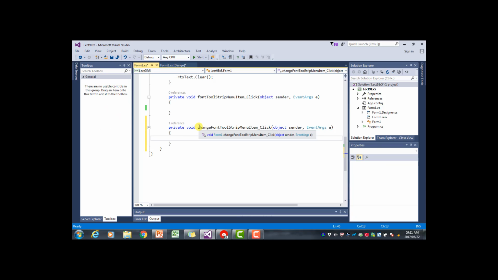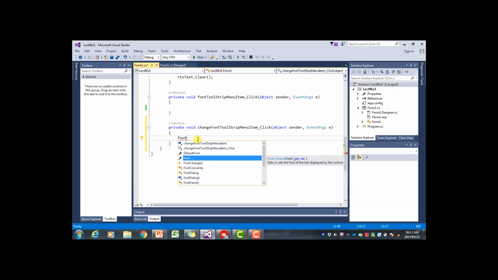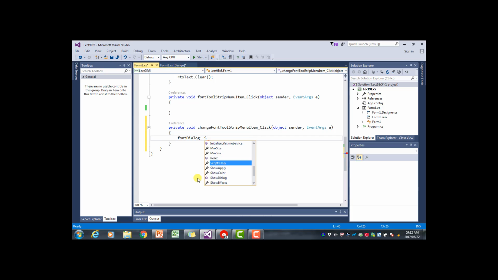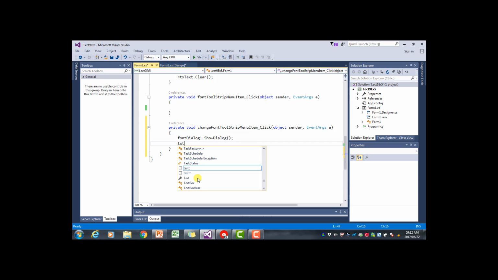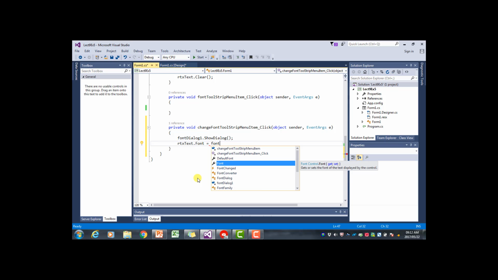So now here we can say fontDialog1.ShowDialog, and then I can say text, no, it's a richTextBox.Font is equal to fontDialog1.Font. So I've opened the font dialog, I choose whatever font and font size I want there, and in the next statement I set the rich text box's font property to that selected font of the font dialog. Okay, so if I now run the program,